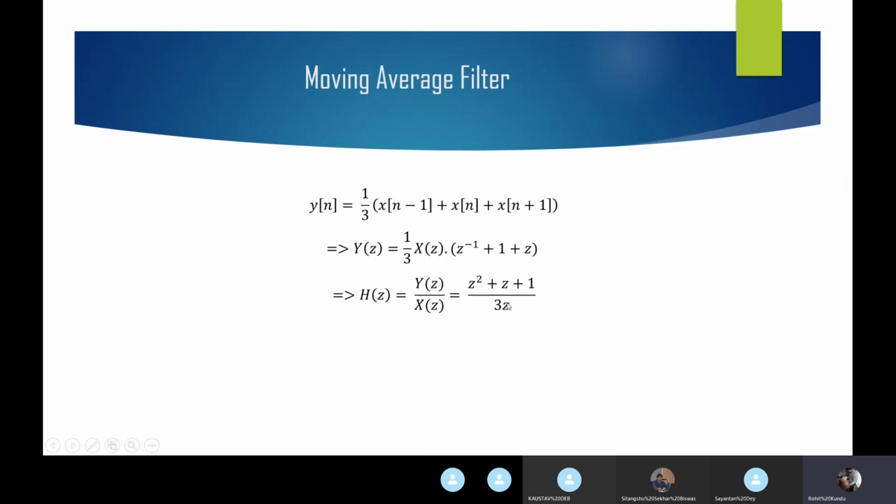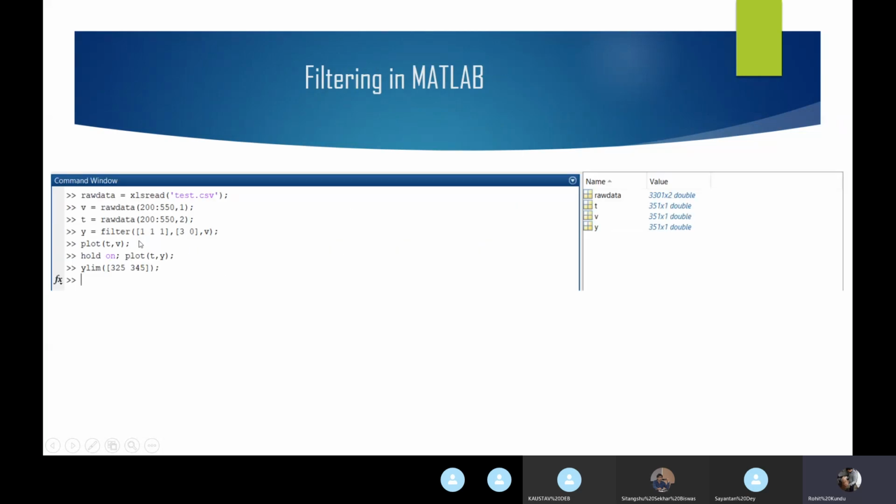All right. So the command for using the moving average filter is filter, within brackets, write the coefficients for the numerator, then a comma, then the coefficients for the denominator, and then to which graph you are applying the filter. Here the raw data, the pressure, was in the V variable, so I've taken V, and then plot.